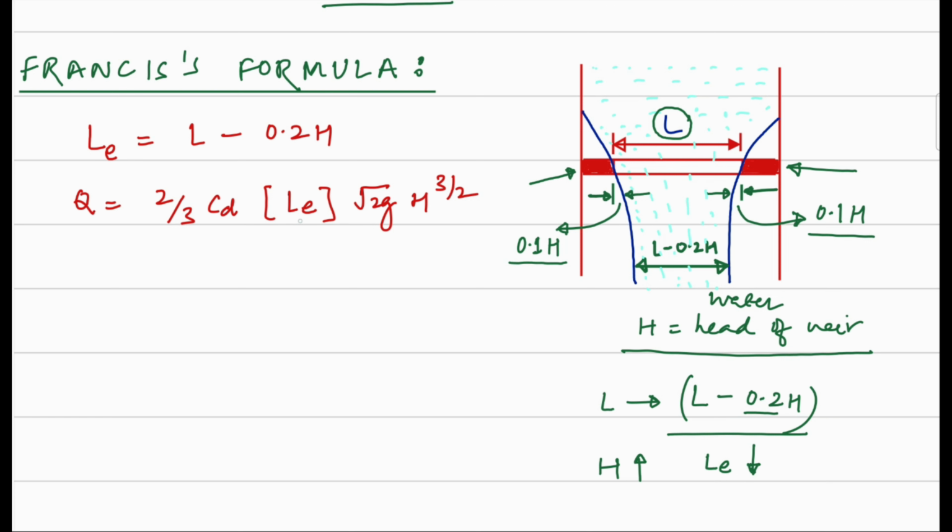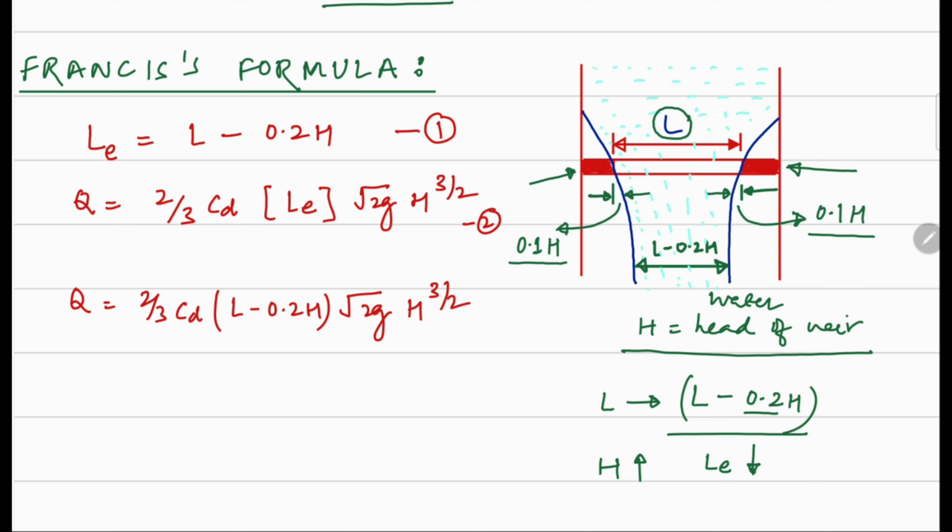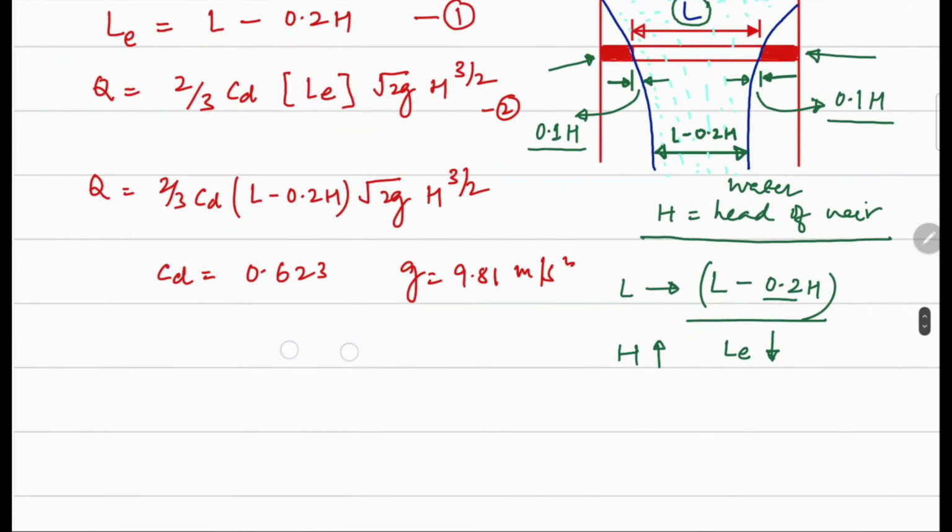Now you just replace the LE value from equation 1 into equation 2. This will look like Q equals 2 by 3 CD, and in brackets L minus 0.2 H, and then under root 2g, H raised to the power 3 by 2. Now if you put the CD value for such a channel as 0.623 and the G value as 9.81 meter per second square, the same equation can be